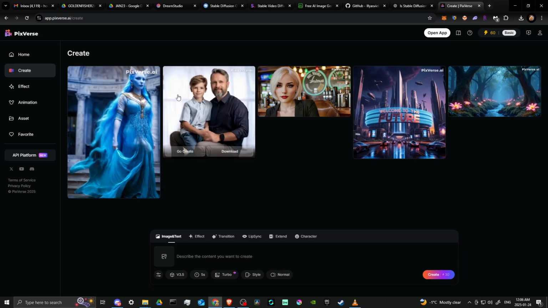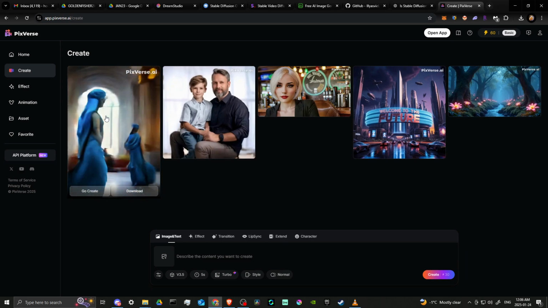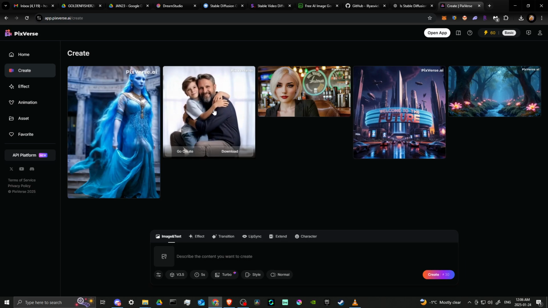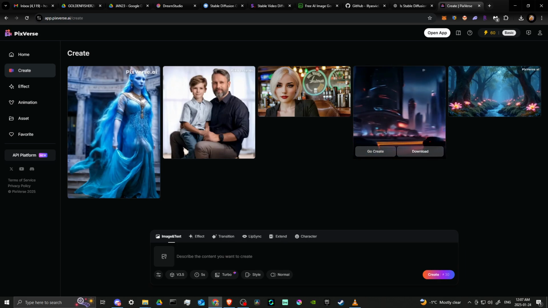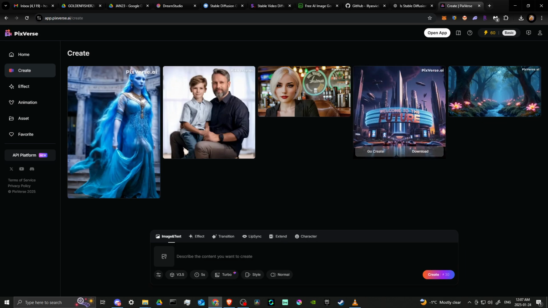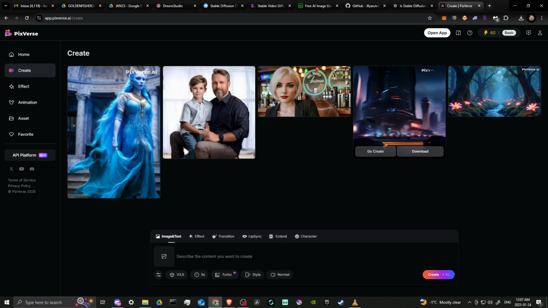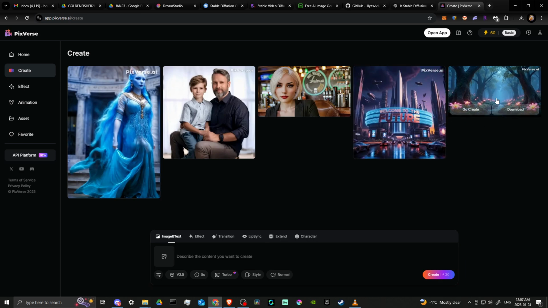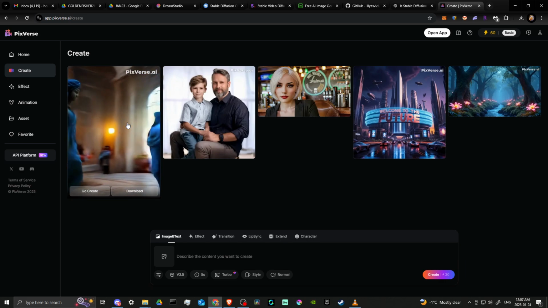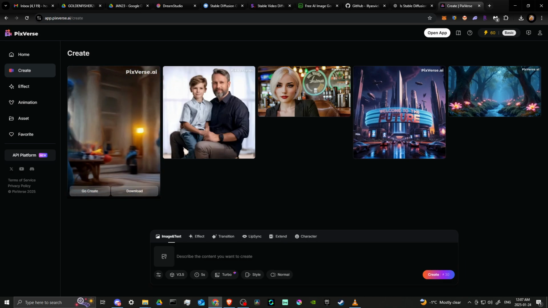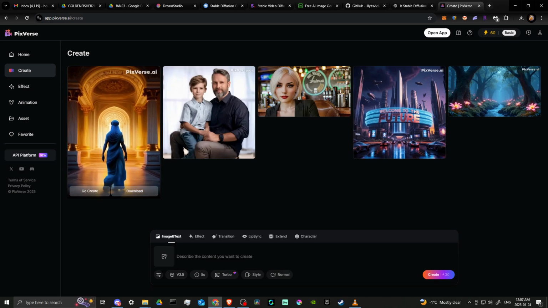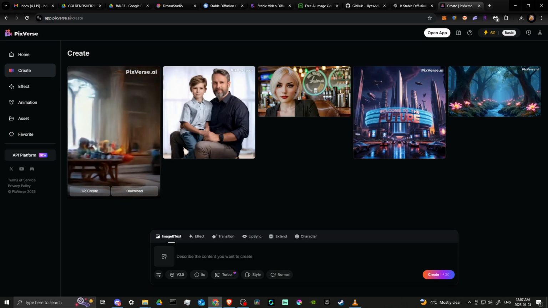So you could see here some of the things that we've been able to do with Pixverse, and the results can be pretty good. You could see for yourself that we have some nice detail here. Some of it can be a little bit wonky. You can see here with this one that it kind of shifts and starts to go backwards for whatever reason. And then this one here, we get some kind of cool stuff going on, but then it kind of gets a little bit lost and the results are a bit wonky, but that has a lot to do with our